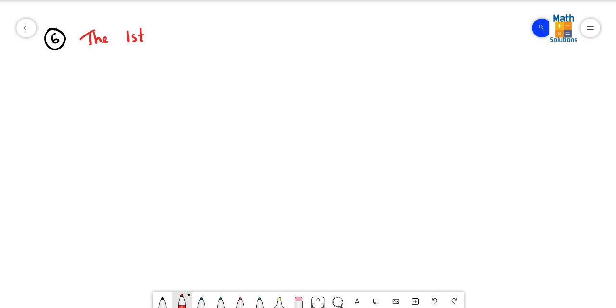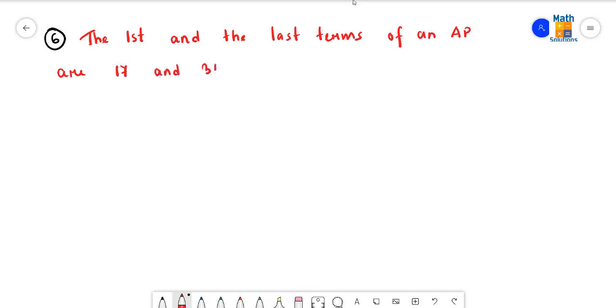The first and the last terms of an AP are 17 and 350 respectively, putting full stop. If the